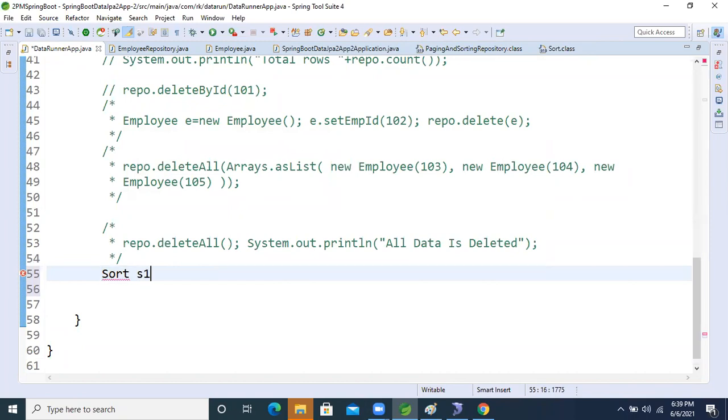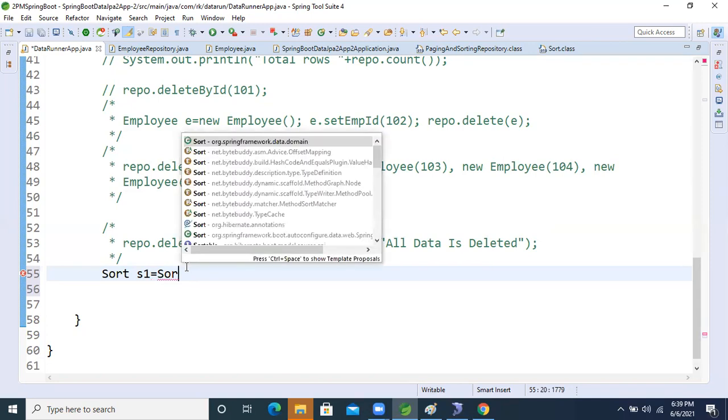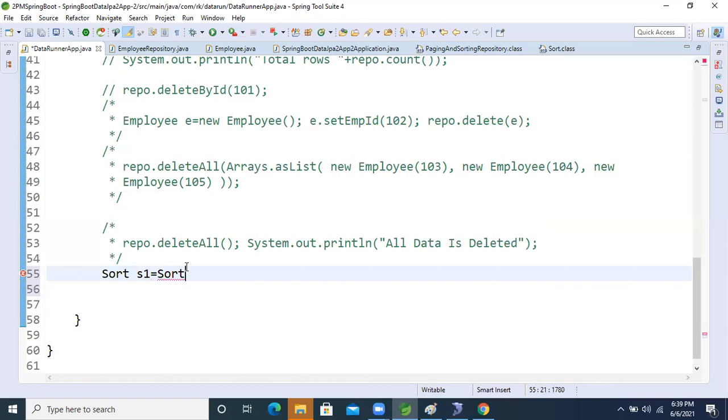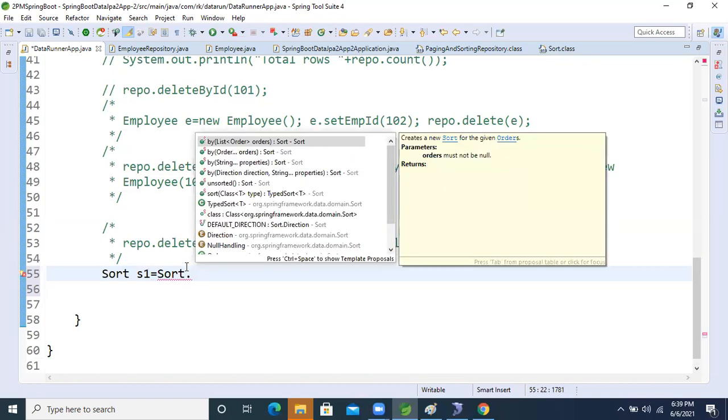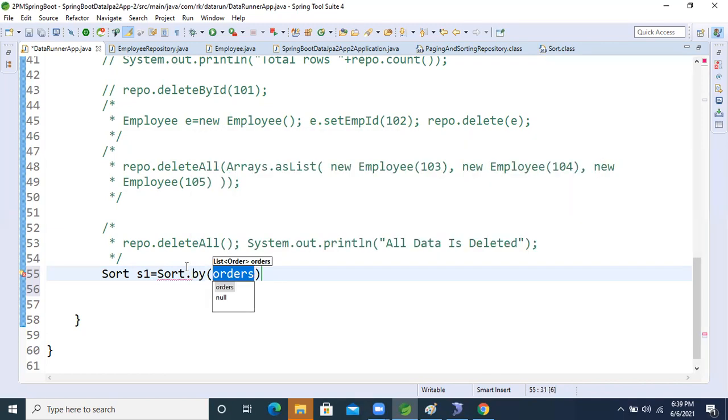Sort s1 I'm taking, equal to Sort.by. Its argument is Order.